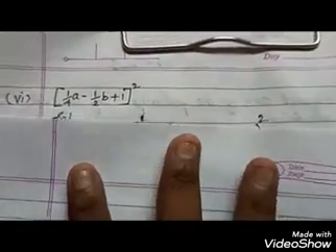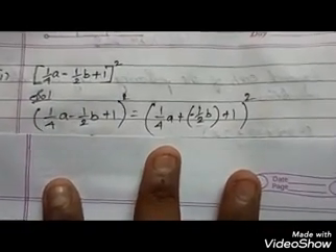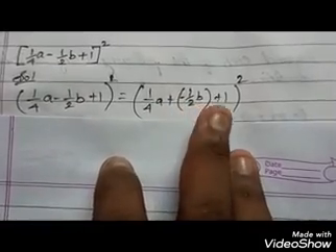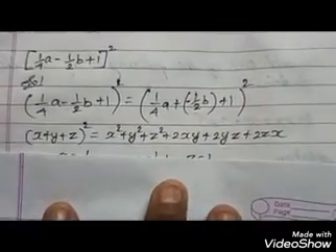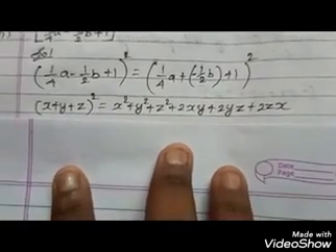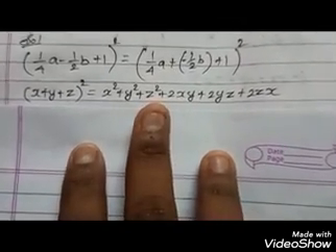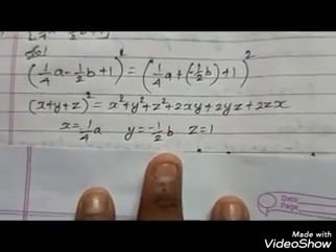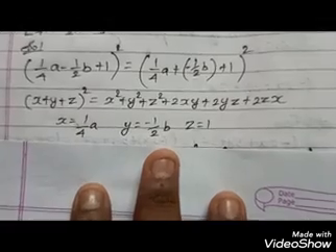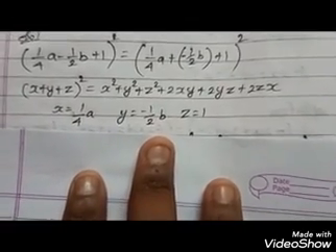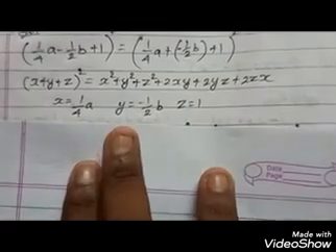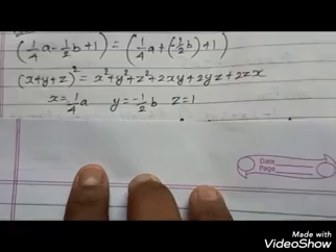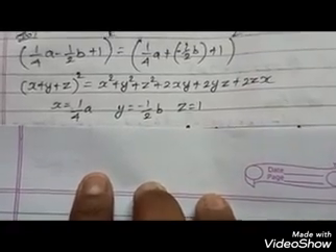So this one is also equal to, you had written as (1/4a − 1/2b + 1) the whole square. So this is equal to (x + y + z) whole square. The expansion you already know. So you take 1/4a as x, the same way −1/2b you consider as y, and 1 you consider as z. So normally you substitute the values and expand it.